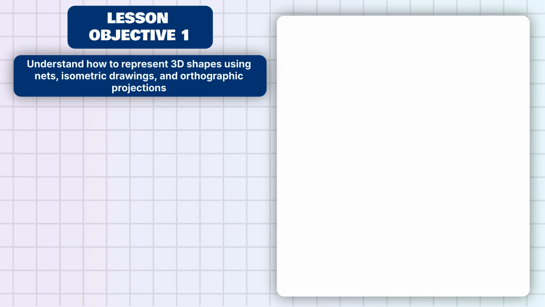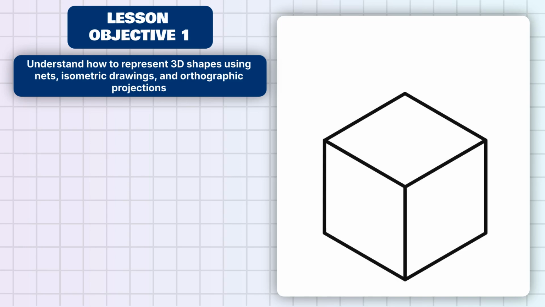The first representation we'll look at is isometric drawings. Here's an isometric drawing of a cube. Does it look familiar? If you answered yes, then that's because isometric drawings are arguably the most common 3D representation